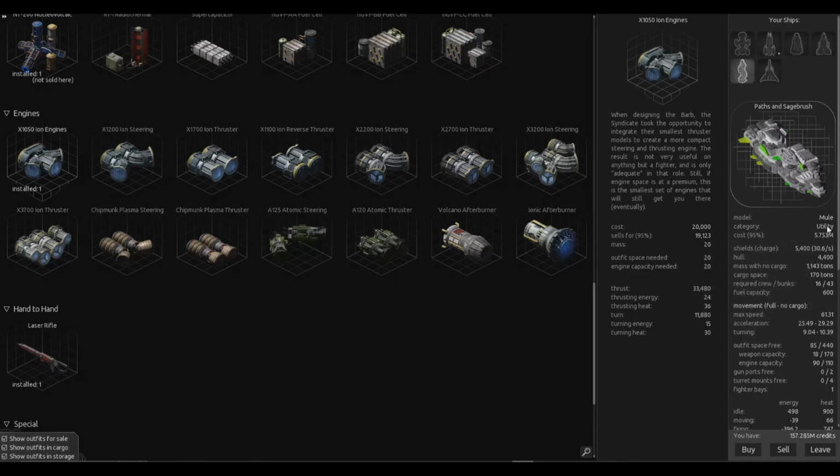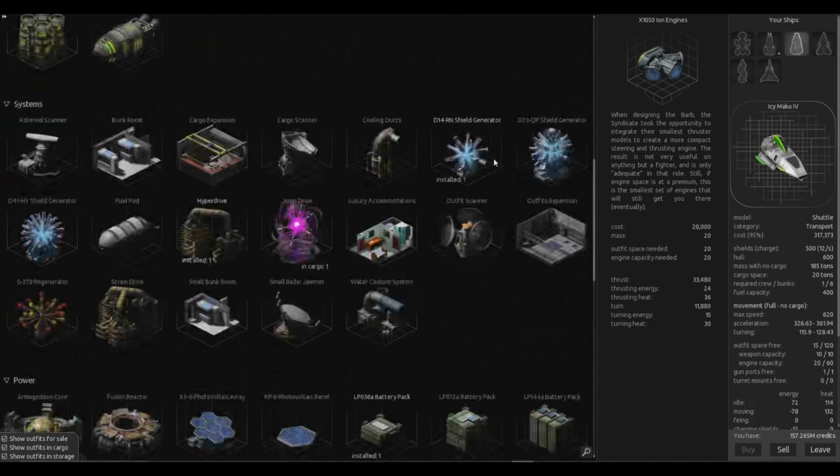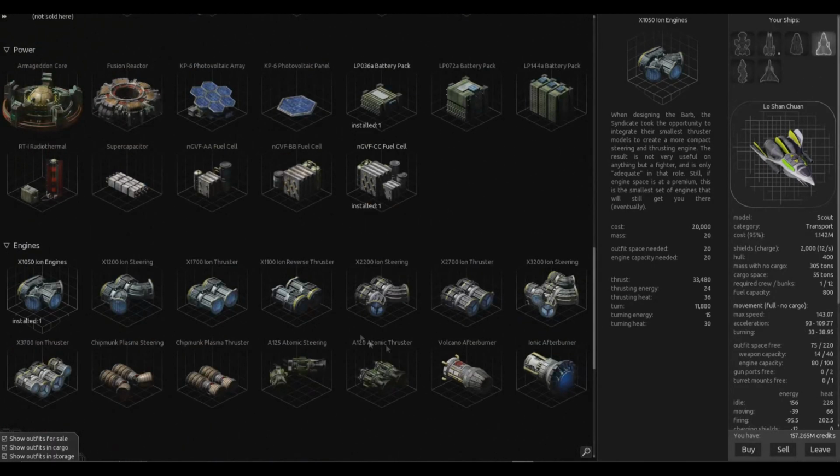Now, one thing to take into account is that the ships can have a certain amount of capacity when it comes to engines. So if we look at our shuttlecraft here, we have a maximum engine capacity of 60. So if we buy another ion engine, we can see that our speed has increased. It's gone up to double what it was. We've got more acceleration, more turning. It's infinitely more maneuverable. If we go to say something like our scout ship, however, we've got a lot more room for